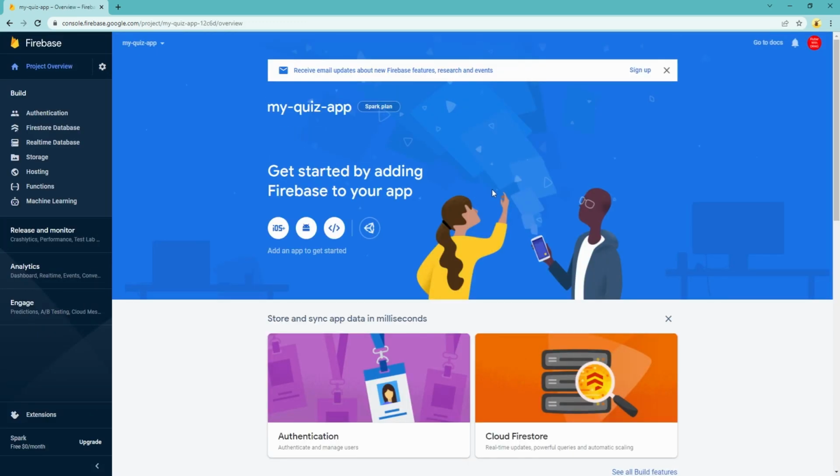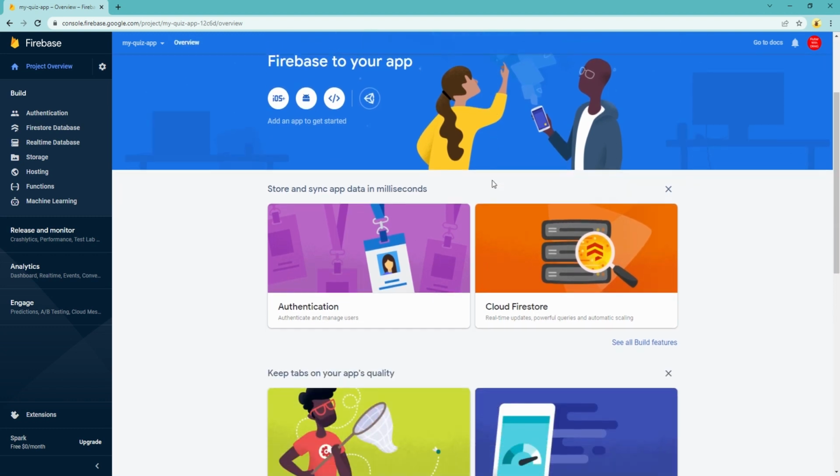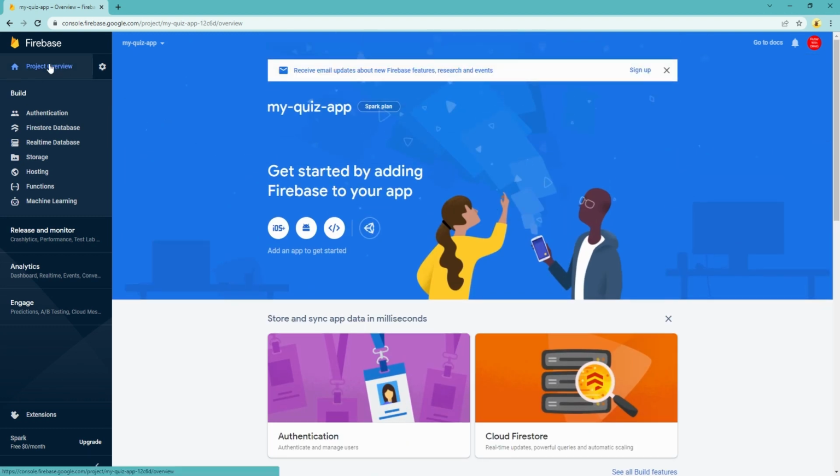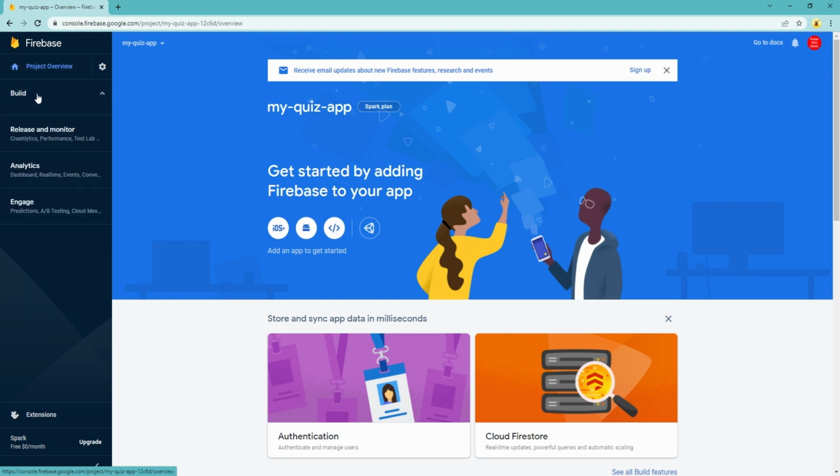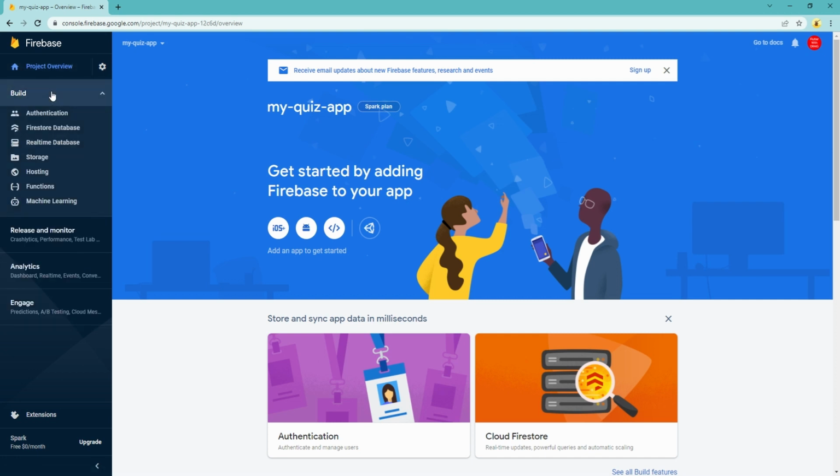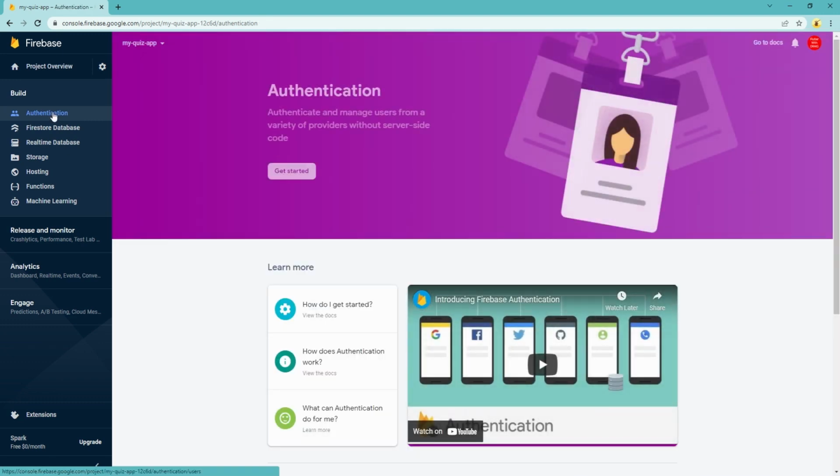So we have a brand new app, and we are going to be using a few things. Now, when you come to the app, you'll need to come to the build menu, because we're going to be using authentication, Firestore, and hosting for this particular app. So let's start off with authentication. I'm going to do all the setup now so I don't have to worry about it later on. So come into authentication and get started,